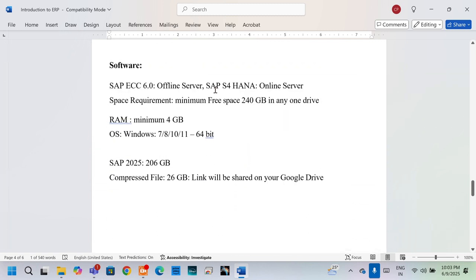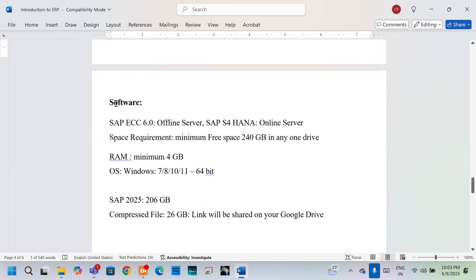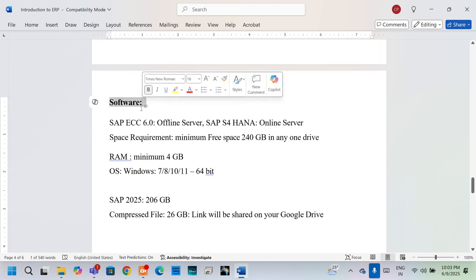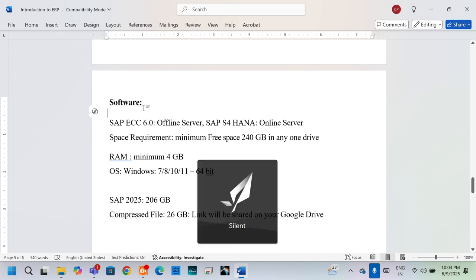Now coming to the software part, guys. SAP introduction is over, but I'll try to cover the other important parts related to the software also. Now see, we have got